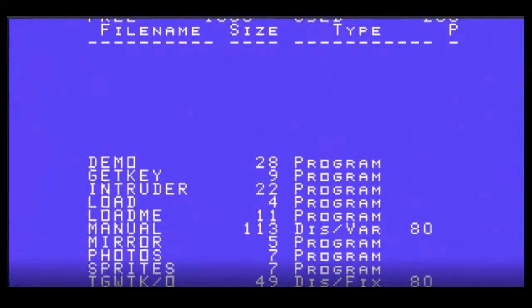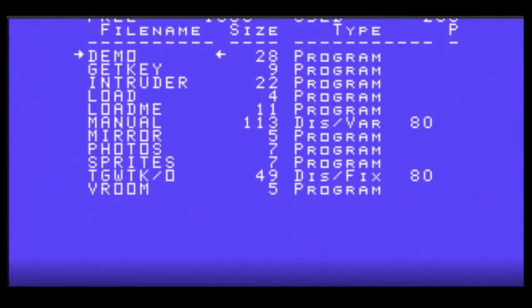Okay, so this is from the Altman Fairware Library, disk number 17. Remember, all these libraries were given away on CDs, DVDs, and thumb drives at the fairs under the section called Libraries. The Boston Computer User Library, the Altman Library, DCM, Chicago, Tiger Cub, they're all given away. So here we have a demo, get key, intruder, load me.